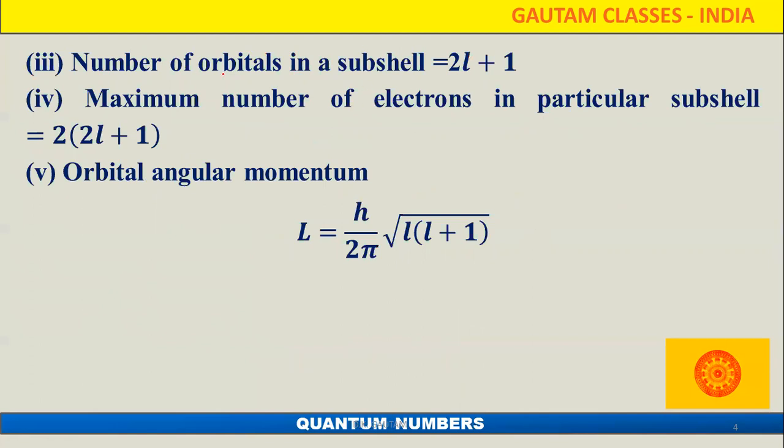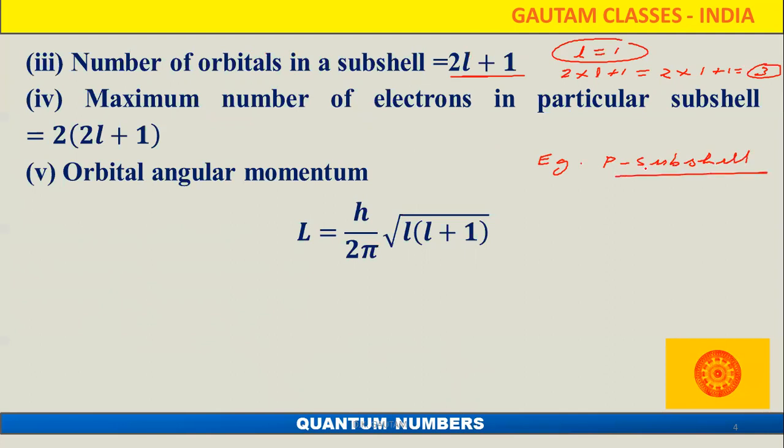After that, they ask for the number of orbitals in a subshell. How can we identify that? By using 2L plus 1. If it is given that L is equal to 1, how many orbitals are present? We can directly use the formula 2L plus 1, that means 2 into 1 plus 1. So what will come here? 3 will come. If I give the example of the p subshell and ask how many orbitals are present in it,